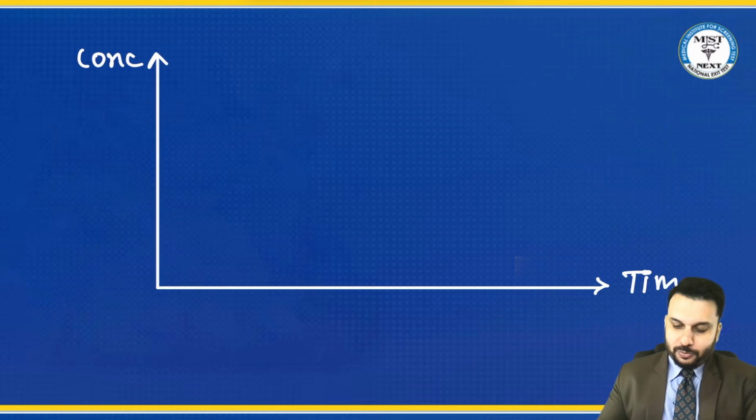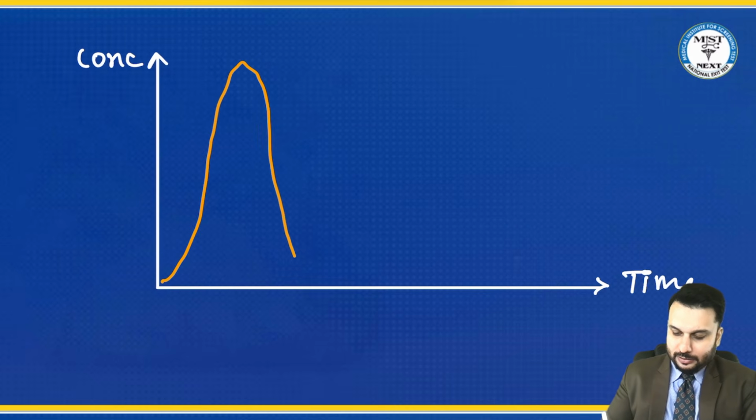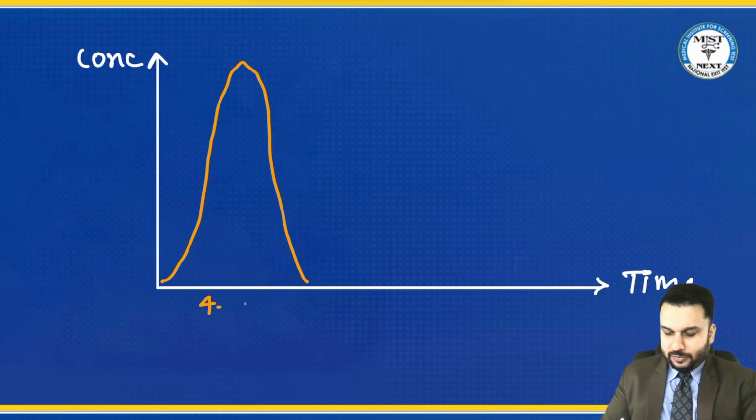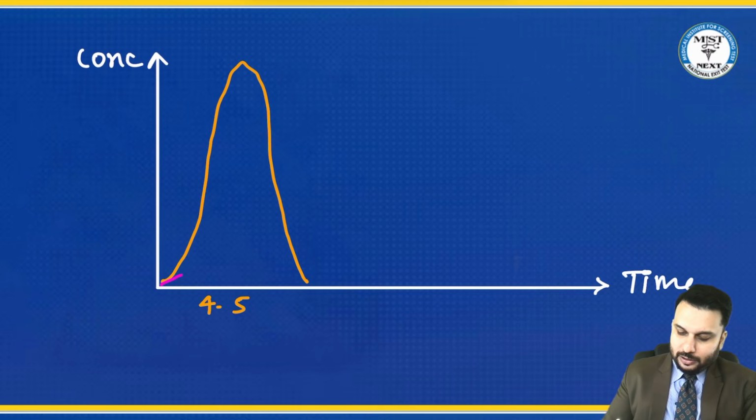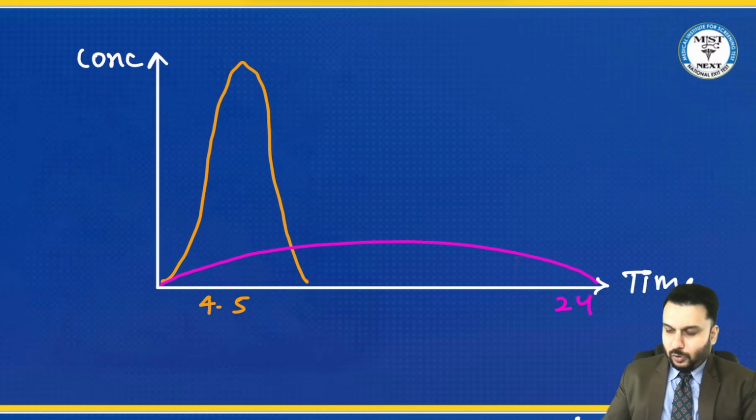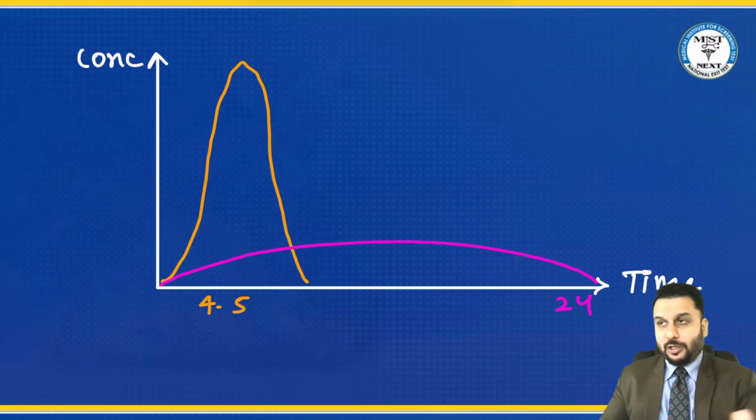Okay, so broadly speaking, you're going to have two types of insulins which are important that you must know. One insulin looks like this. It works for around 4 to 5 hours. These are rapidly acting insulins. And then there is one more insulin that works for around 24 hours or maybe sometimes more. For example, Degludec works much more than that.